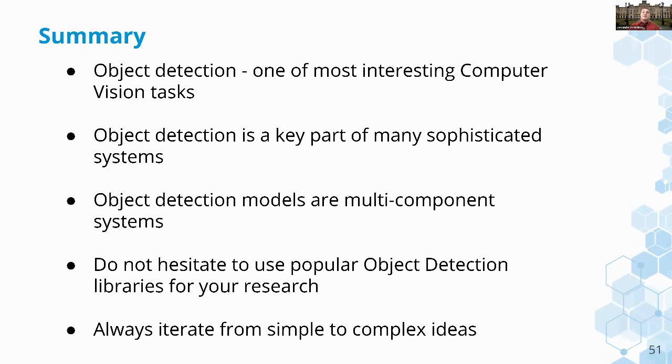This helps other researchers to quickly verify their ideas, to quickly check new approaches, which basically cultivates good code culture in object detection and increases reproducibility of new publications, which we are often lacking in some other computer vision